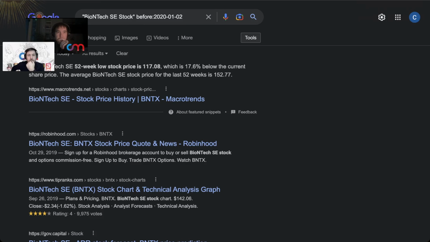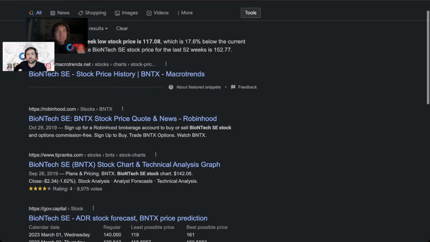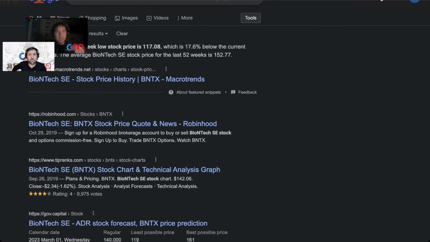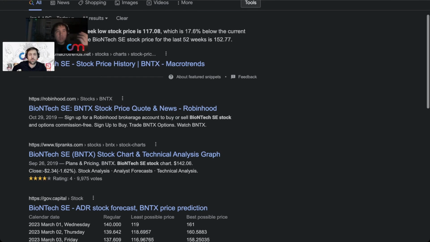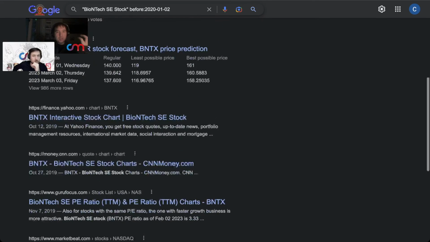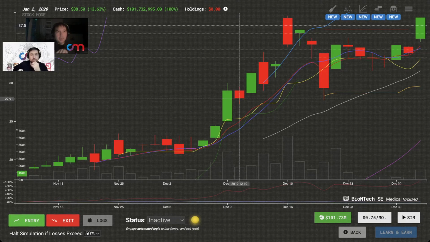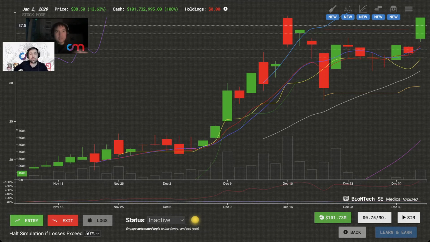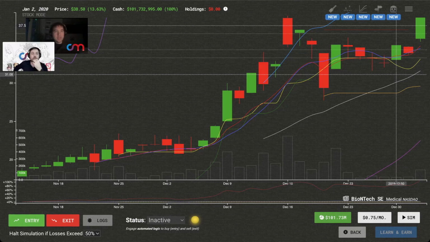And if you click that, okay, in the real game, you don't. I'm simulating in a development environment, so this Google search isn't there. But basically, it opens up a window where you can consult all of the articles on this stock before January 2nd, 2020. So you can incorporate what pundits are saying about the stock that you're investing in.